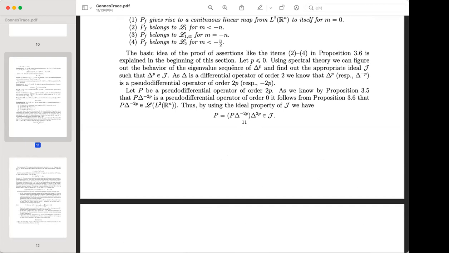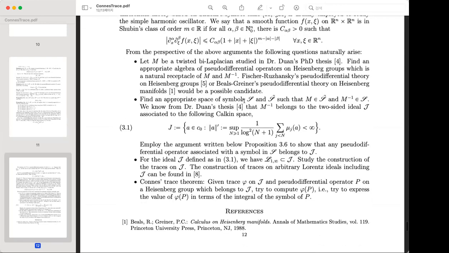We know very well about the behavior of its eigenvalue sequence, and I think the twisted Laplacian studied by Dr. Duan's PhD thesis will play the role of the basic model operator in the Heisenberg group setting, because the behavior of its eigenvalue sequence is well studied in